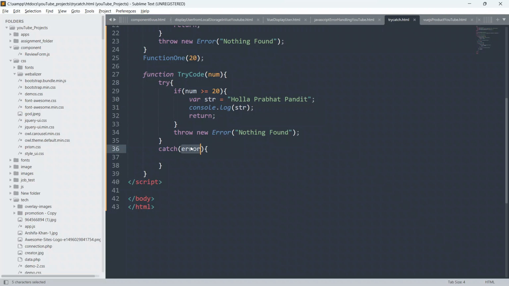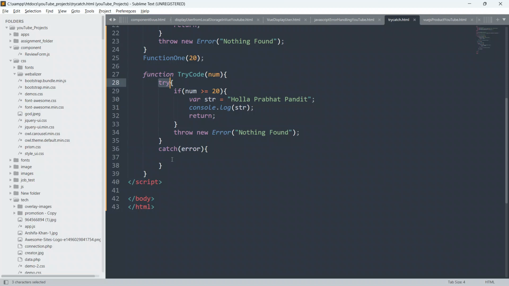This catch block of code is gonna trigger only when we get some kind of exception from the try block of code. Otherwise, this catch block of code is not gonna run.